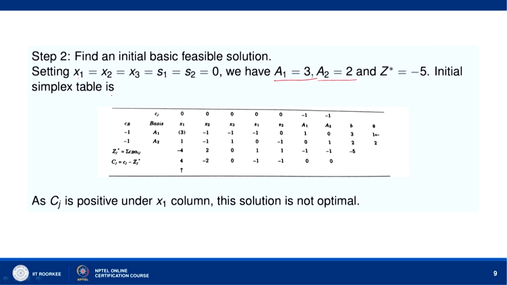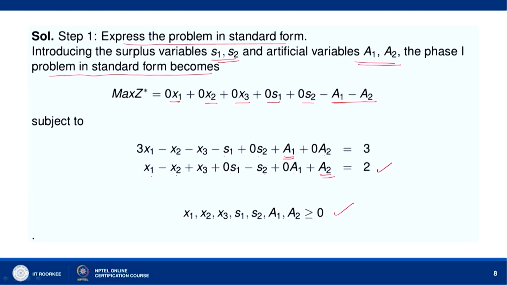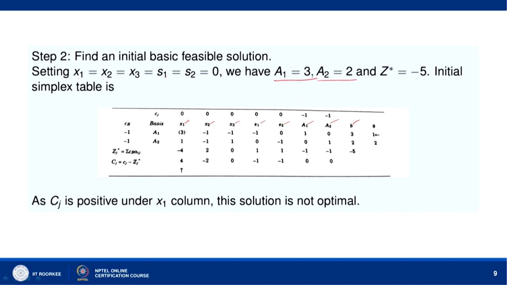The initial simplex table will be: you see x1, x2, x3, s1, s2, a1, a2, b column, and the basic variables are a1, a2. Non-basic variables are x1, x2, x3 because they are assigned value 0, 0 in the objective function. So, we have 0, 0, 0, 0, 0, which are the coefficients of x1, x2, x3, s1, s2 in the objective function,